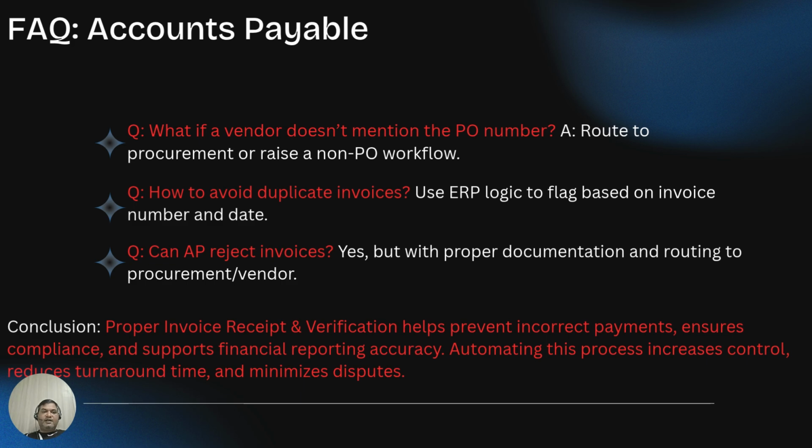Third question is, can AP reject invoices? Definitely yes. If the invoice is non-compliant, if the invoice does not have required information, if the invoice is missing the PO number, if the invoice does not contain GST, VAT details, etc., the AP teams have all rights to reject the invoice. The way you can answer is yes, but with proper documentation and routing to the procurement or vendor, which means when you reject the vendor, it is very important for us to clarify what is the reason for